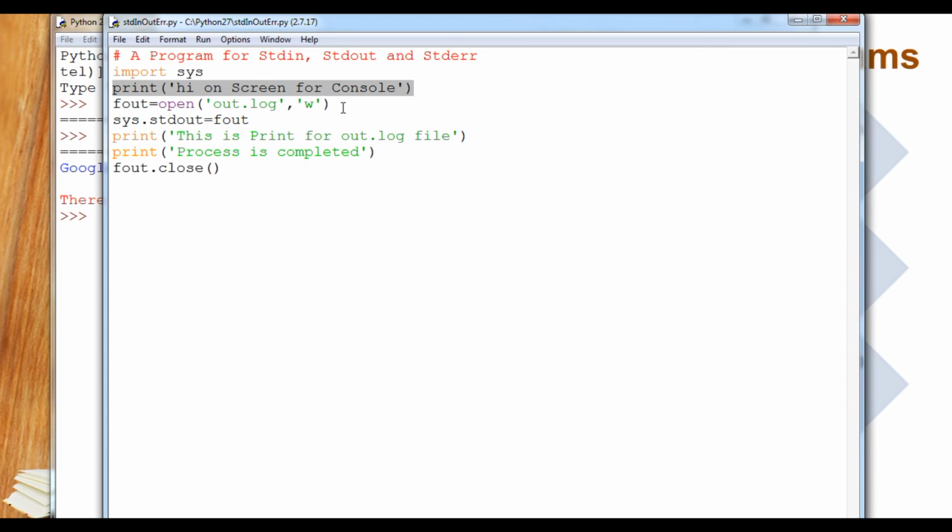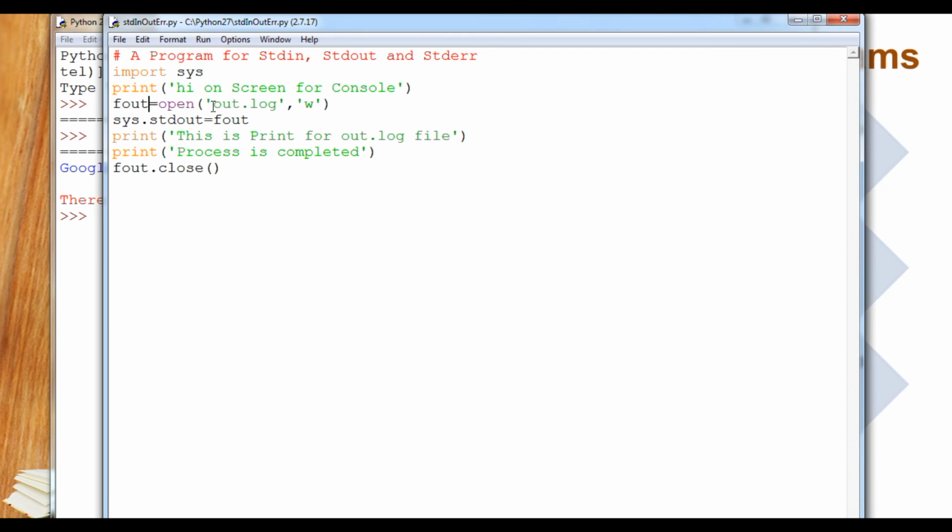And then after that I have created a file. The object name is fout equals open out.log with write mode. Students, you can easily understand, we have done this practice earlier. A file name along with an extension, there is no need to worry whether the extension is log, dat or whatever. It will be considered a text file only, without using binary mode.